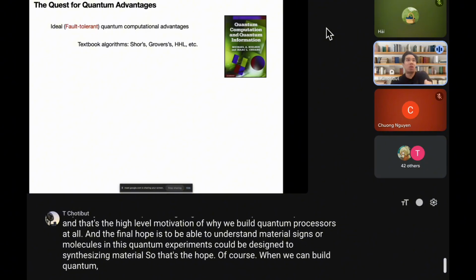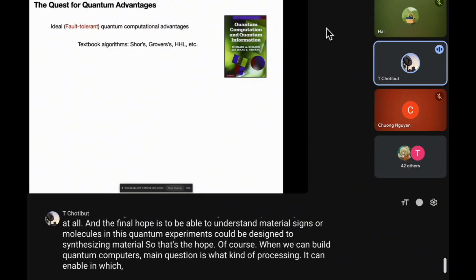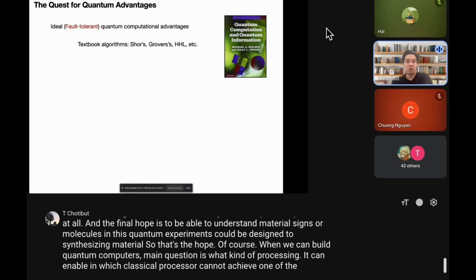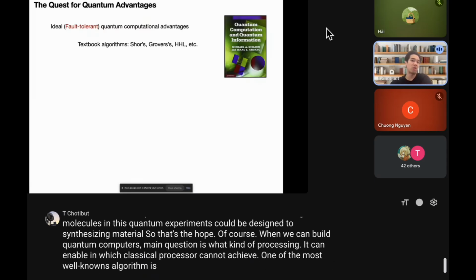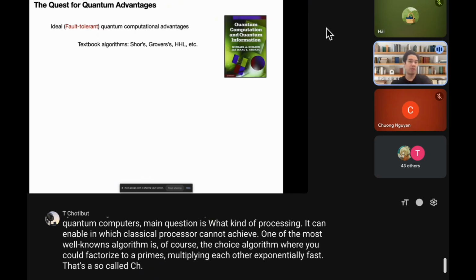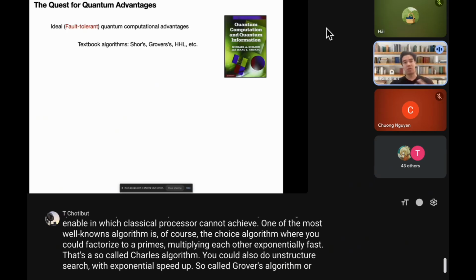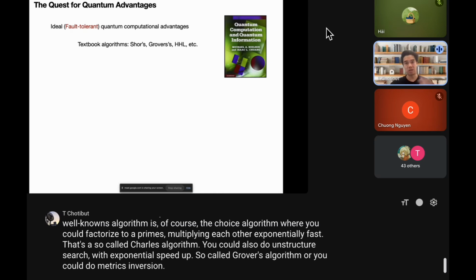Of course, when we can build quantum computers, the main question is what kind of processing it can enable which a classical processor cannot achieve. One of the most well-known algorithms is, of course, Shor's algorithm, where you could factorize two numbers multiplying each other exponentially fast. That's the so-called Shor's algorithm. You could also do unstructured search with a speedup, so-called Grover's algorithm, or you could do matrix inversion using the HHL